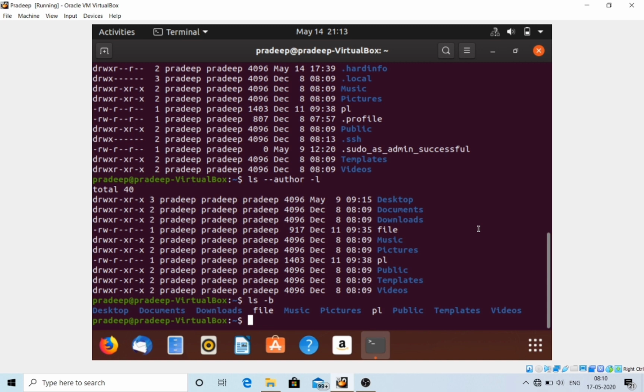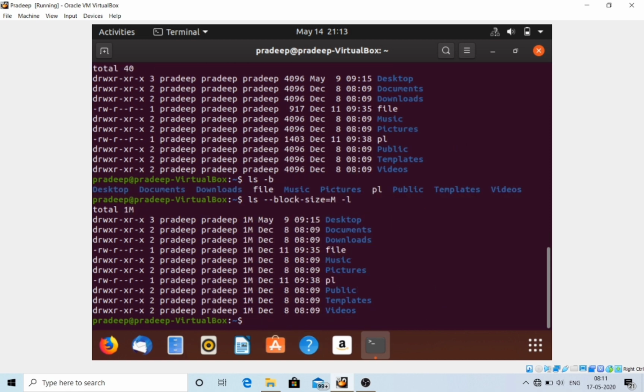The command for this is ls space dash dash block dash size equal to capital M space dash small l. We use this command, and you can see we have listed all the files and folders in the desired scale format.